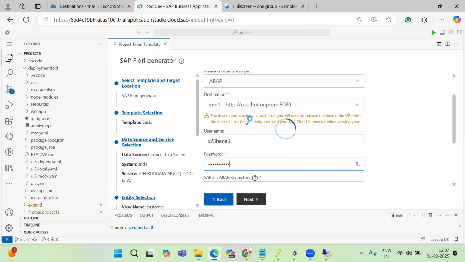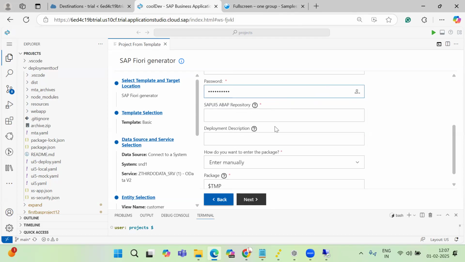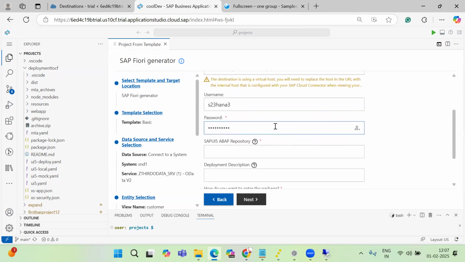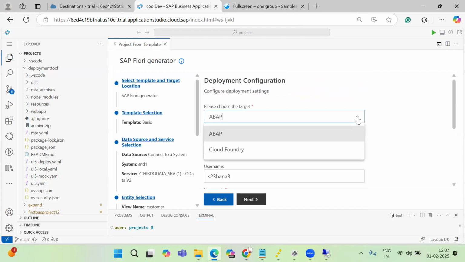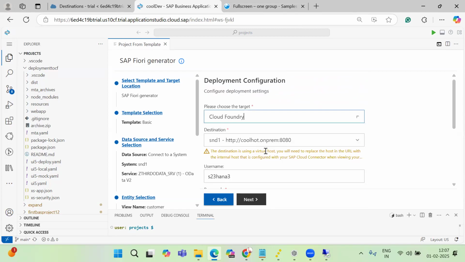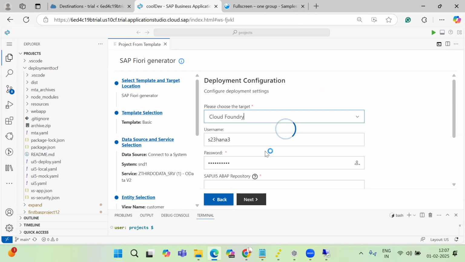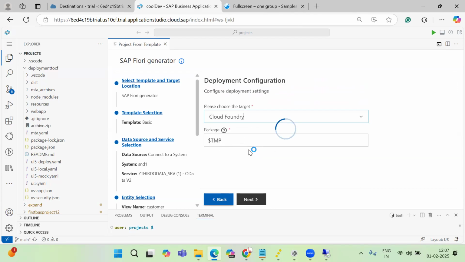And it says the destination is using a virtual host. And okay, it's actually a BTP. I had to do Cloud Foundry and I did a BTP. So that was a mistake I did. So I'll just go with Cloud Foundry. And now with the